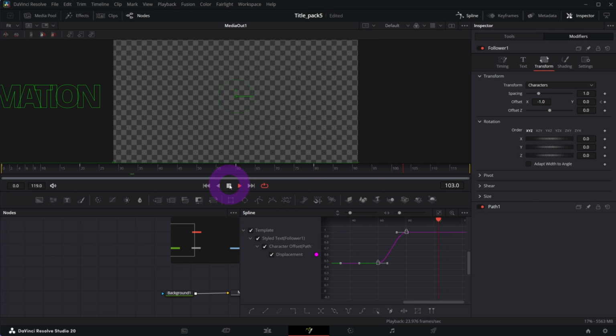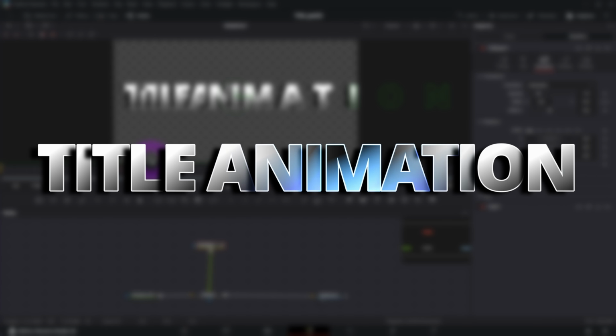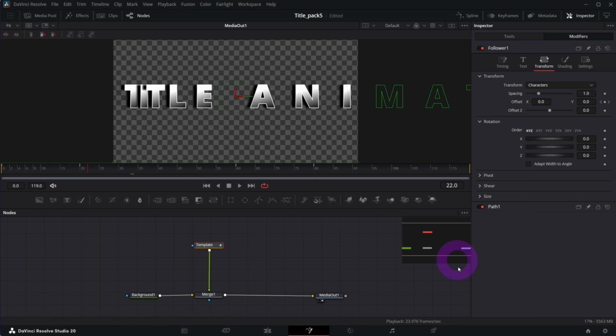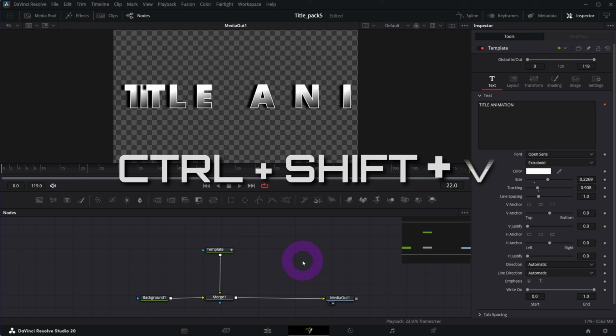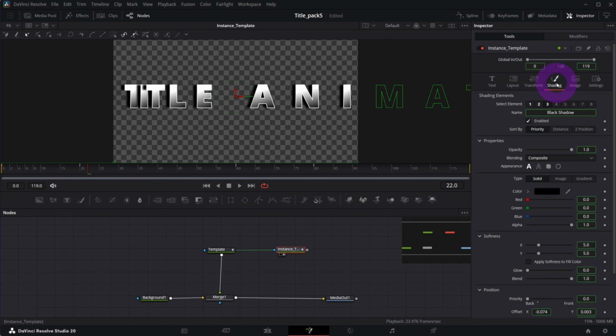Okay, so we got our animation, but as you notice, I got something like this spotlight or these nice colors that are going through the screen. So in order to do that, I created a copy instance of the template node. So just tap Ctrl C and paste it with the Ctrl Shift V combination. That will create an instance copy, which is connected to our original template. Now let me preview this instance copy. So I will tap 2 on the screen, and in the shading tab at element number 1, I will invert